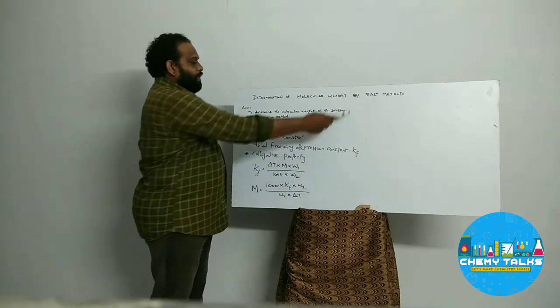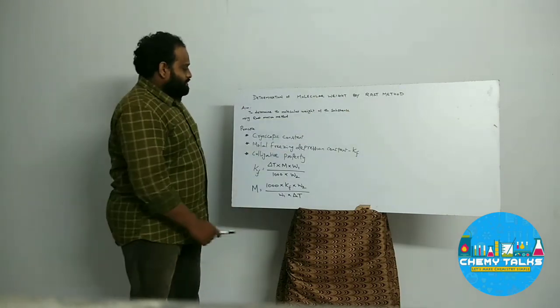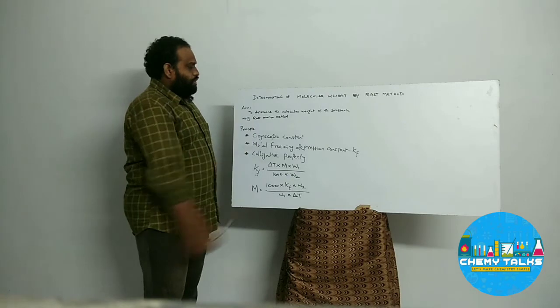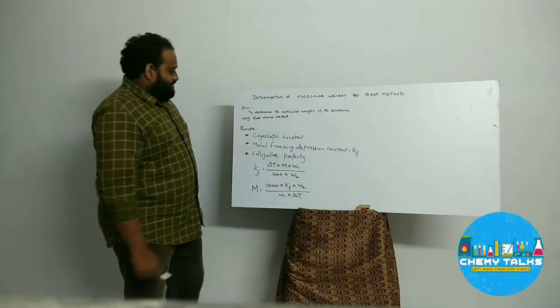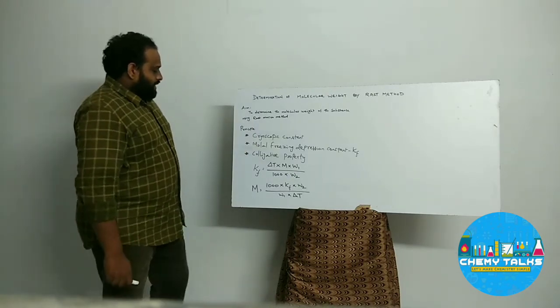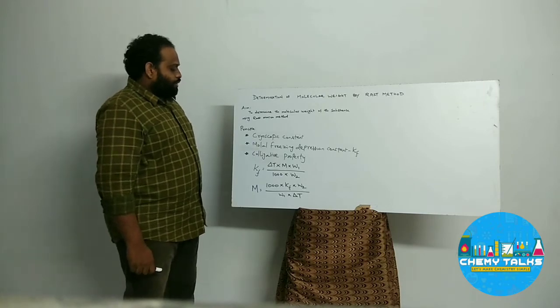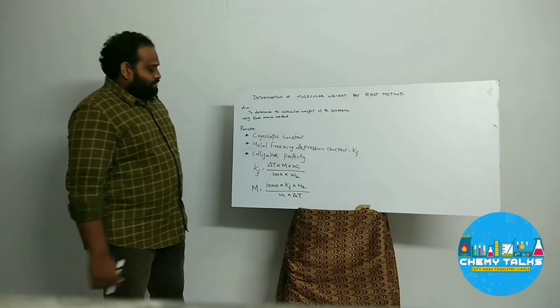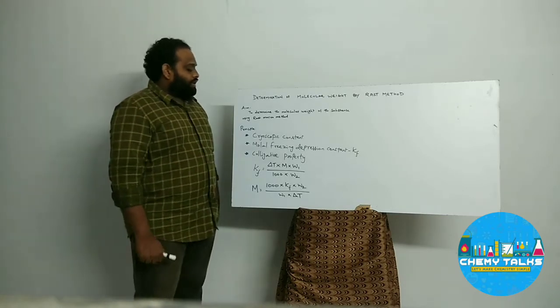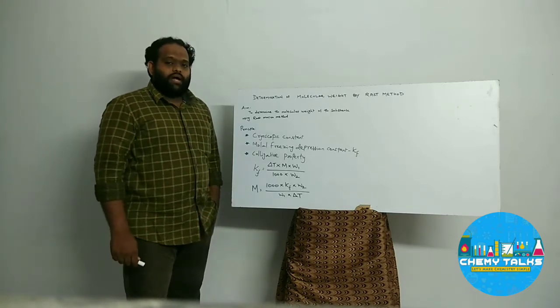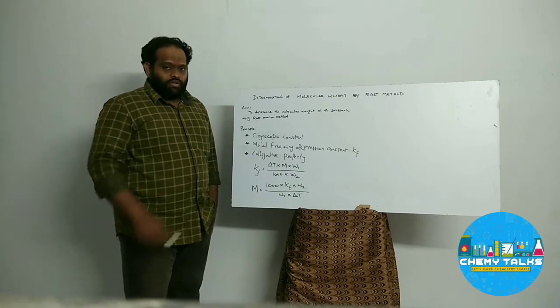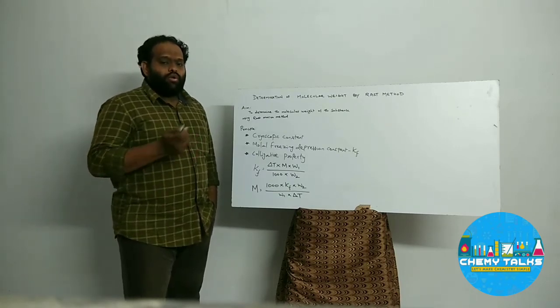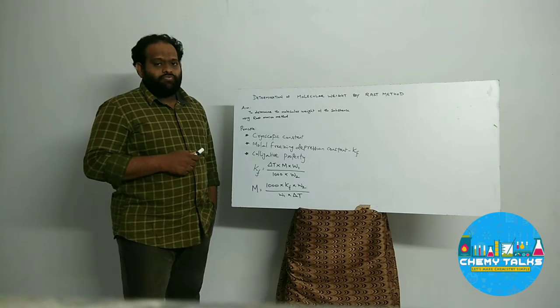I am going to discuss the Rast method. This method is employed to determine the molecular weight of a substance. It is based on a colligative property, depression in freezing point. That is, when a non-volatile solute is added to a solvent, the solute lowers the freezing point of the